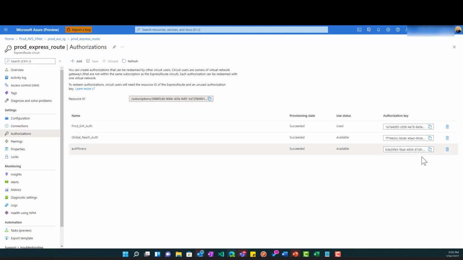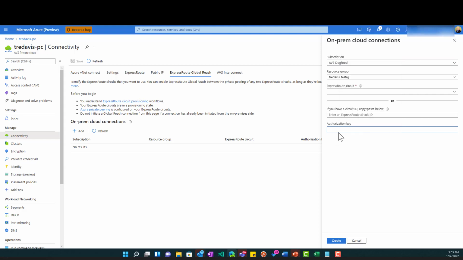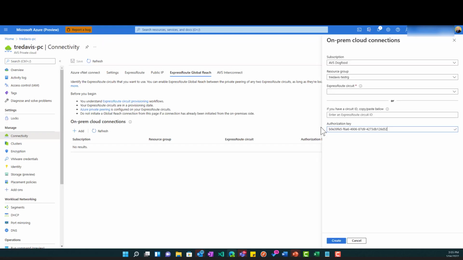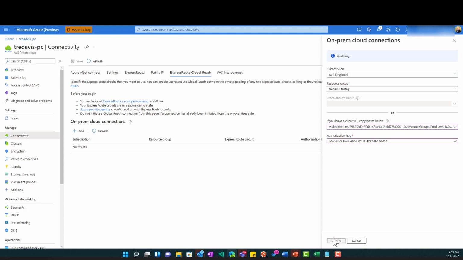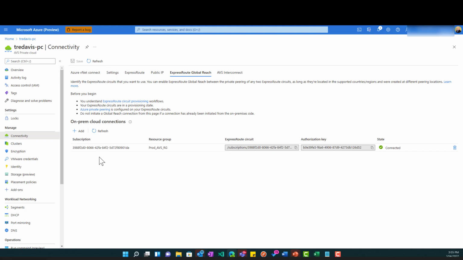Now that it's finished, we're going to copy the authorization key, go back over, paste it in, and then go get the circuit ID, which is this. And paste that in and hit create. And now we see that it's in a connected state, so we now have our AVS private cloud connected to